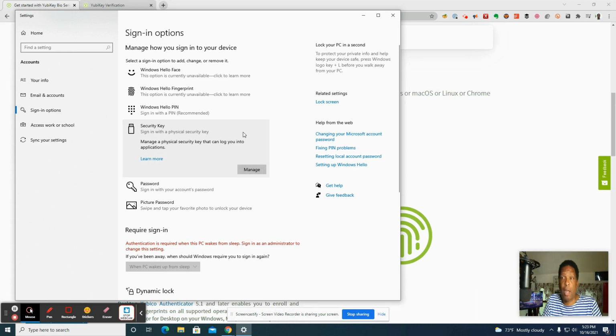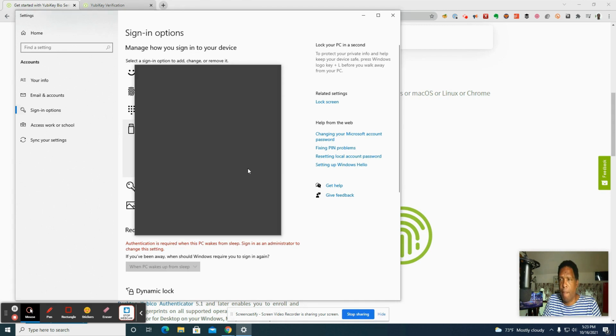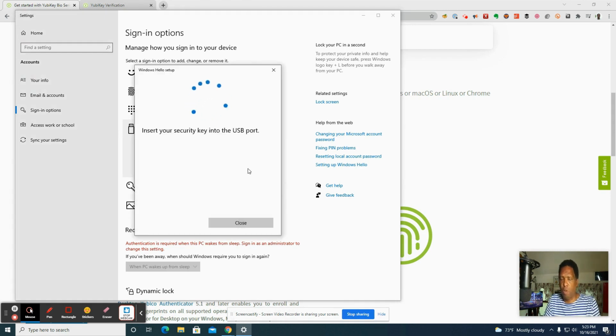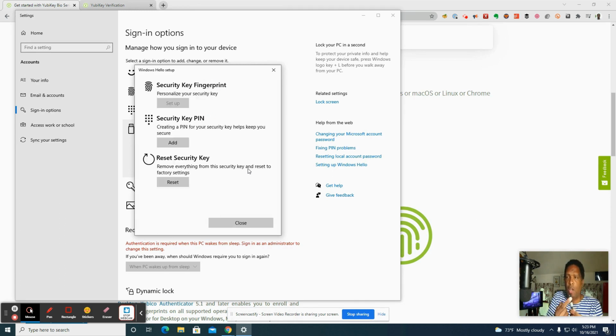And it says, okay, you're going to be managing this machine with a security key. And I say, yep. And we're going to click on manage. And now it says, put the security key into the computer. Again, I'm just using this as an extension. I'm going to go ahead and plug that in. Now yours may say installing some software first. If not, it'll go right ahead and say, touch your security key. I'm going to go ahead and do that.